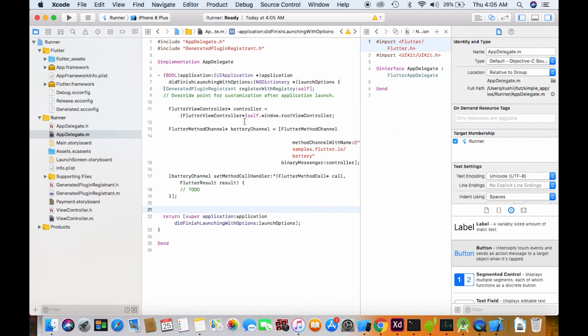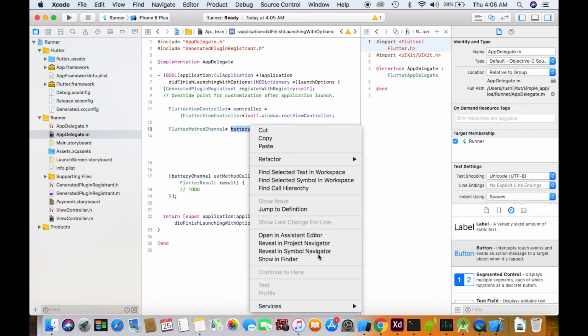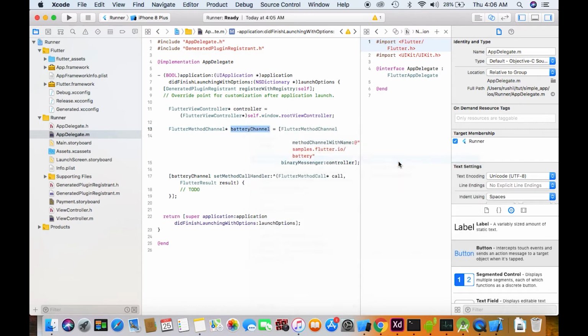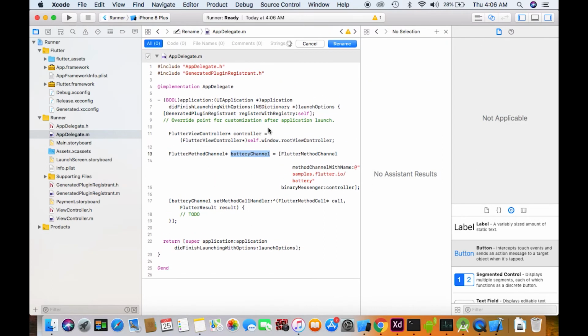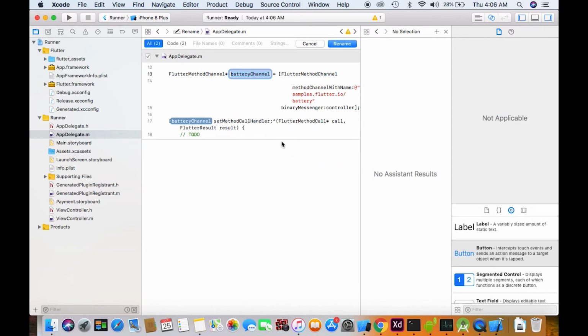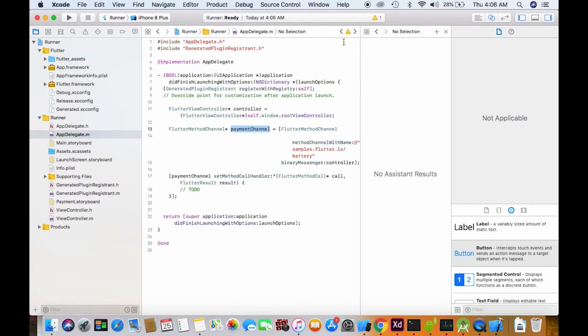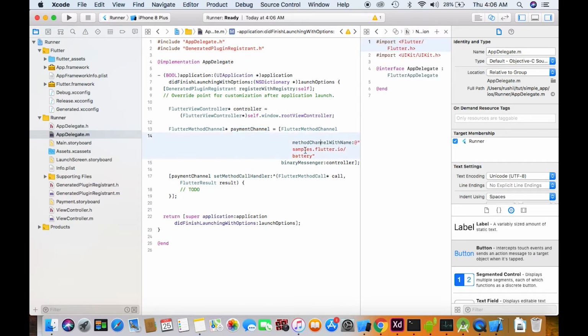It's battery channel. For the sake of it, I'm going to rename it and do refactor. I'm going to rename it to payment channel. That's it. And the method, I'll use the same method I created.